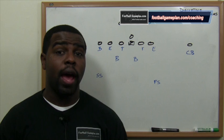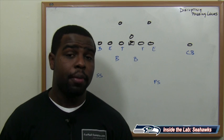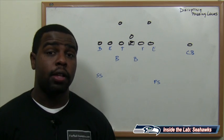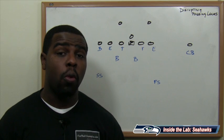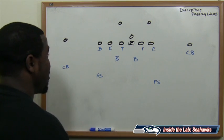The Seattle Seahawks will have to clog up the passing lanes this week versus Andrew Luck and the Indianapolis Colts. And I'm going to show you how they can get a stunt up front, dropping their defensive tackle and playing quarters, half in the back end. I know that's a lot of verbiage, but I'm going to show you how they